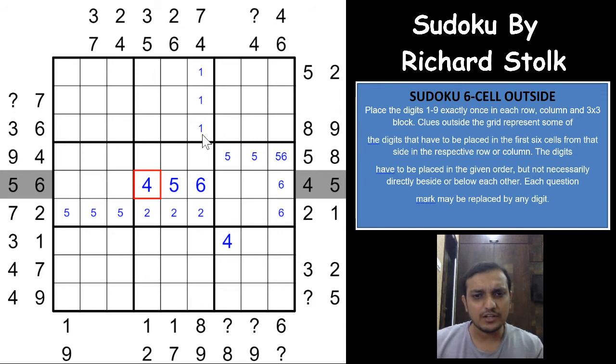So whenever you get a digit, the most important thing in this Sudoku would be to look out for the same digit outside as a clue. For example, if you see the 4 here, you have a 7 4 here. So after the 7 you will have a 4, and 4 cannot be in any of these three cells, which means that you will have a 7 somewhere here, and after the 7 you will have a 4 here.